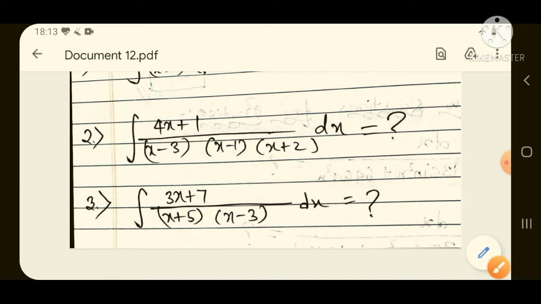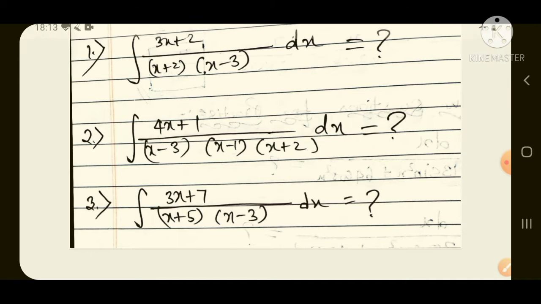These are the questions of integration, the two questions of partial fraction. It would take at least 4 to 5 minutes when you solve according to the methods which you studied in class 12th NCERT. But here I have come up with a short trick which you can solve with just 10 seconds. So stay tuned for the tricks till the end.